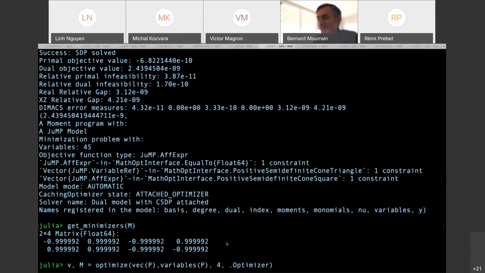So yes, maybe which relaxation do you do here? 3 and 4, it's the same. Strange. I can see the output, everything is there, but is it the same problem?